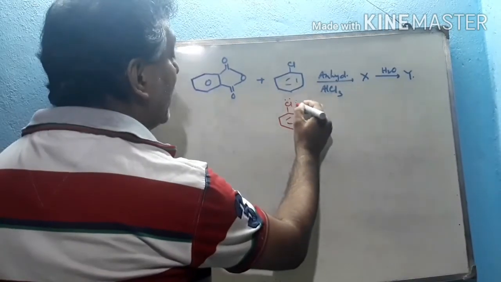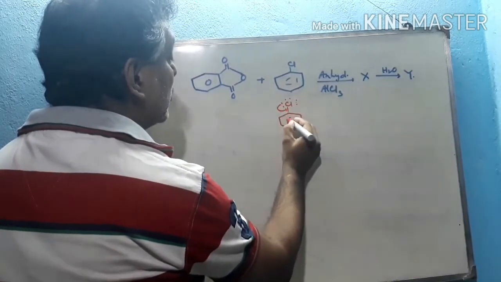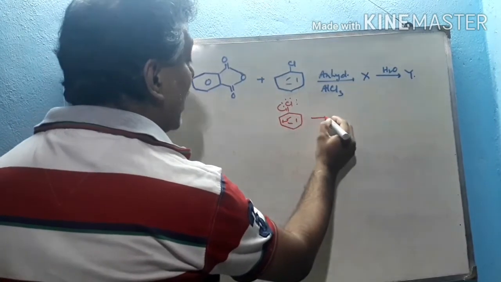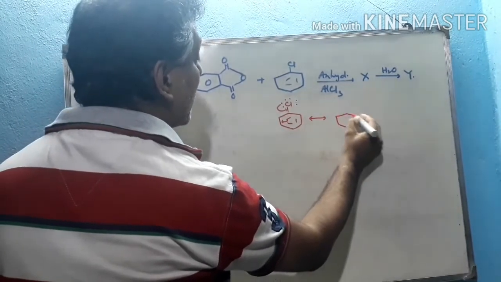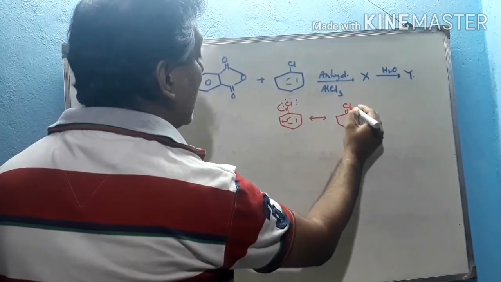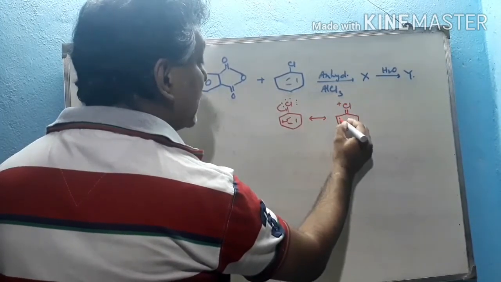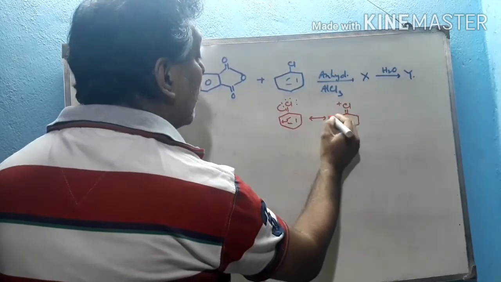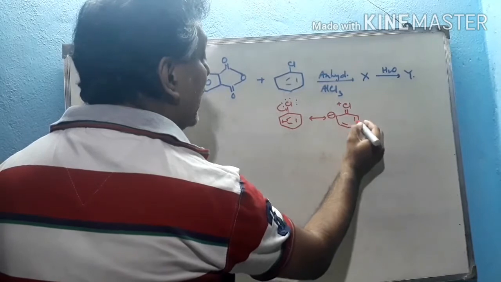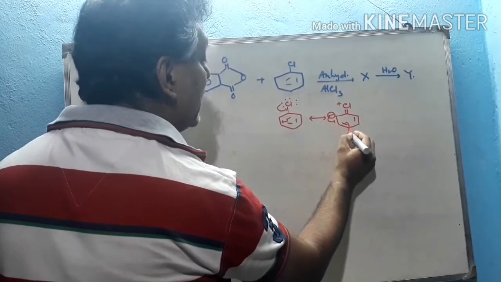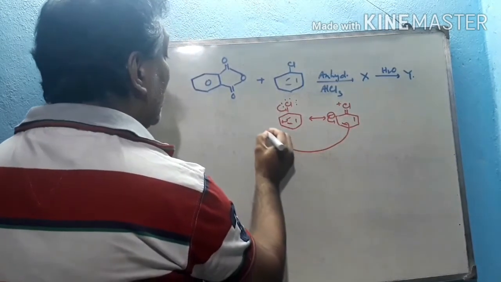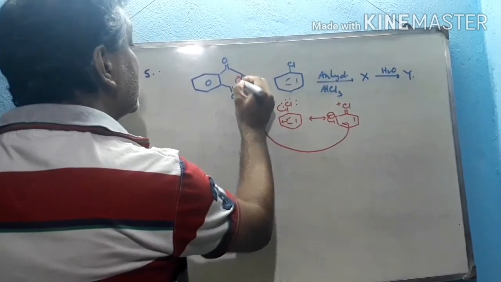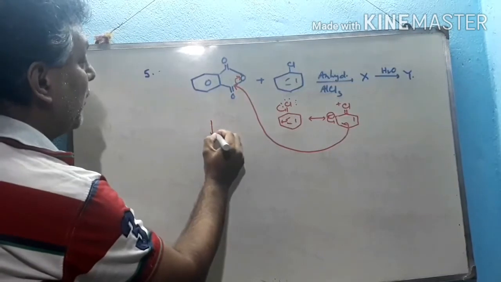Actually, how does chlorine activate? The double bond dissociates to form resonance stability. This part goes here. So the first structure will be like this, double bond to Cl plus, and it forms a double bond here, and a negative charge forms, and the others are double bonds, and hence this will be the nucleophile which attacks this center, the electrophilic center, and the bond dissociates. So the structure will be